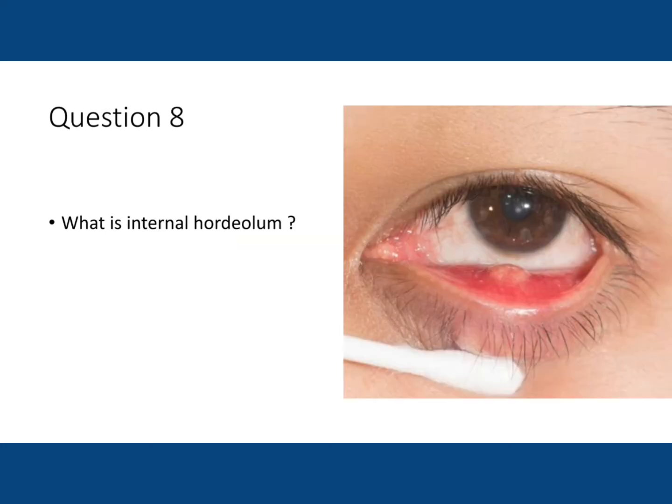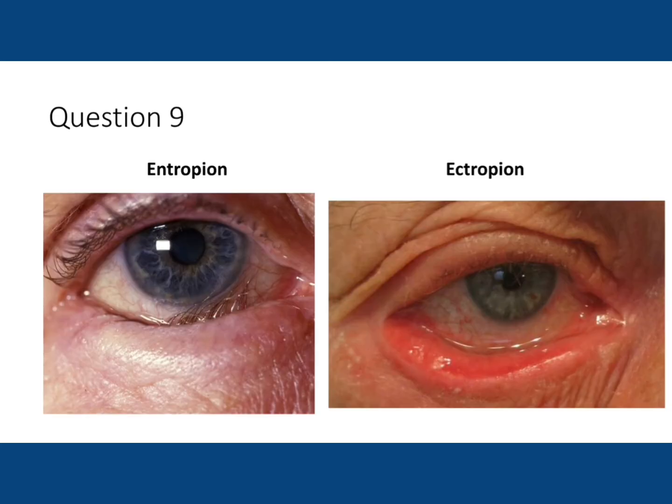What is internal hordeolum? This is a suppurative inflammation of the meibomian gland, and it may be due to secondary infection of the chalazion that is leading to internal hordeolum. So here systemic analgesics are given to the patient, or systemic antibiotics are also given to the patient for this. Okay. Now what is